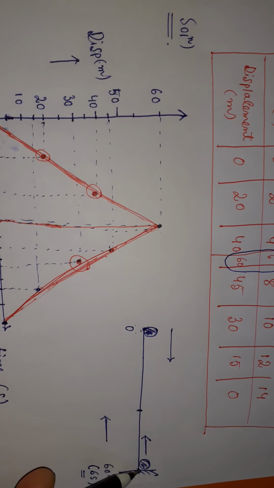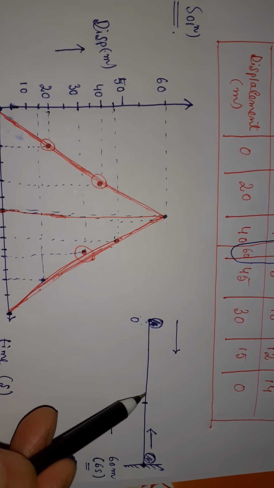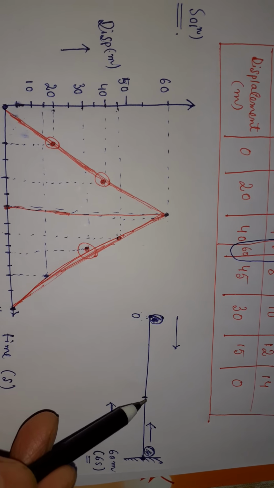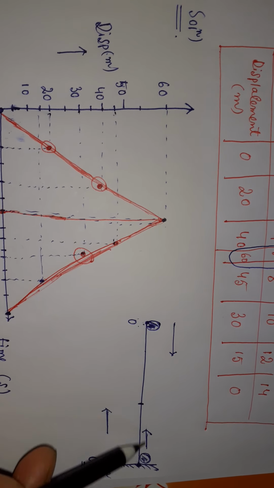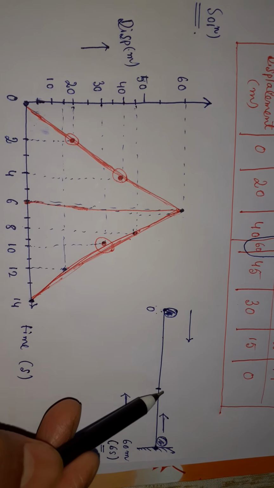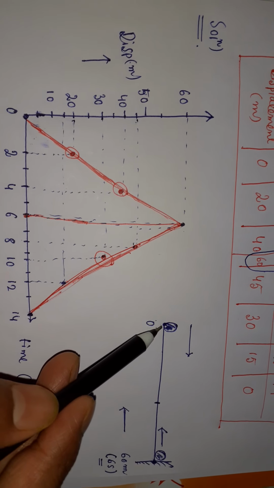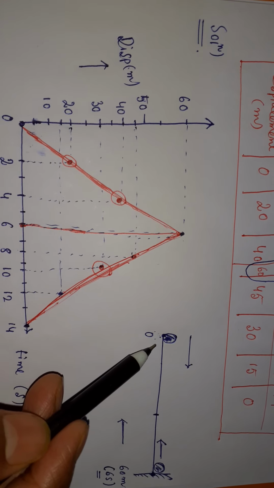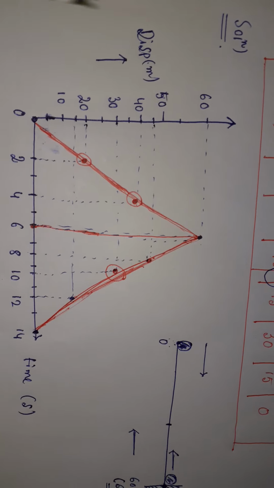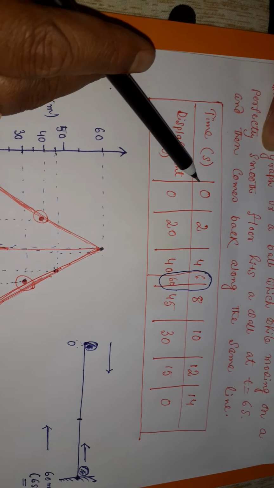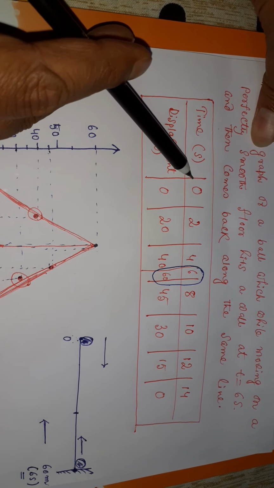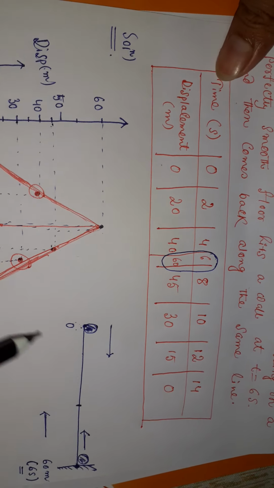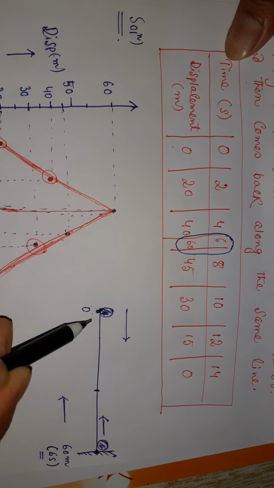After hitting the wall, when it comes back in the backward direction, the velocity will definitely decrease, because the forward direction velocity is the maximum one, no? After hitting, the velocity gradually decreases, and when it comes back to the original position again, the velocity will be 0. So this diagram is given: at 0 position, that means at 0 seconds, when the body has not started its motion, the displacement is equal to 0, at the rest position.